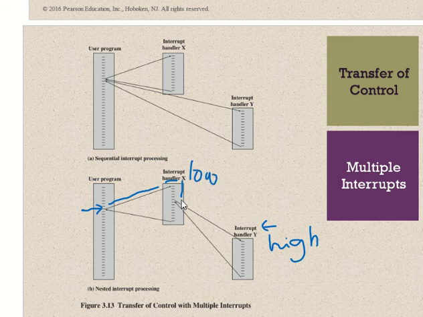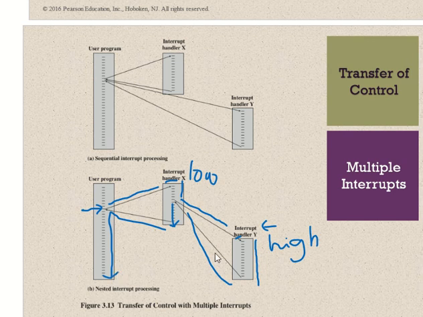So what will happen? The CPU jumps to this interrupt service routine, that means the interrupt handler. It starts to execute that interrupt. After finishing it, it continues the low priority interrupt. After finishing this, it goes back and continues its normal execution. Can you get the idea? This is the way we can satisfy the high priority interrupts.